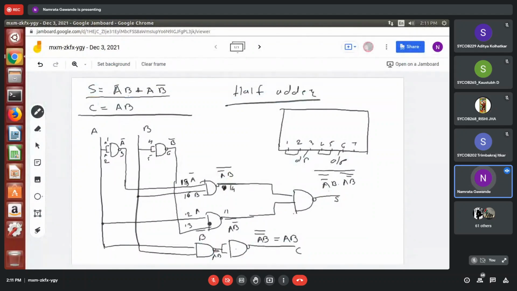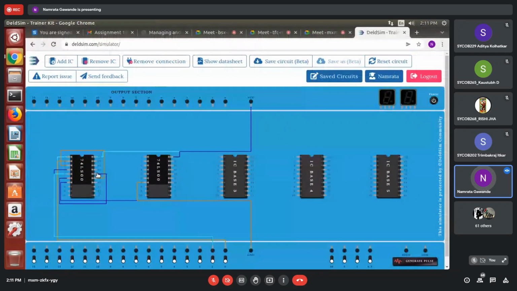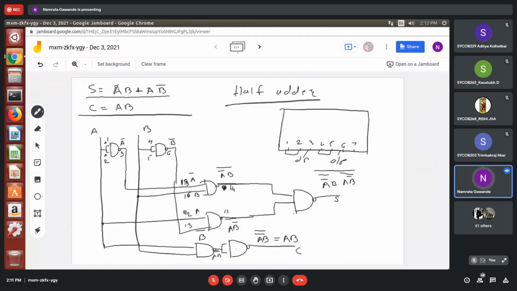This we'll see later. Now for another NAND gate I am using pin number 12 and 13, but actually it is 8, 9, 10, 11, 12, 13, so 17, 18, 19. So actually pin number 18 is the input, pin number 19 is the input, and 17 is the output, right? So connect pin number 6 to pin number 18.